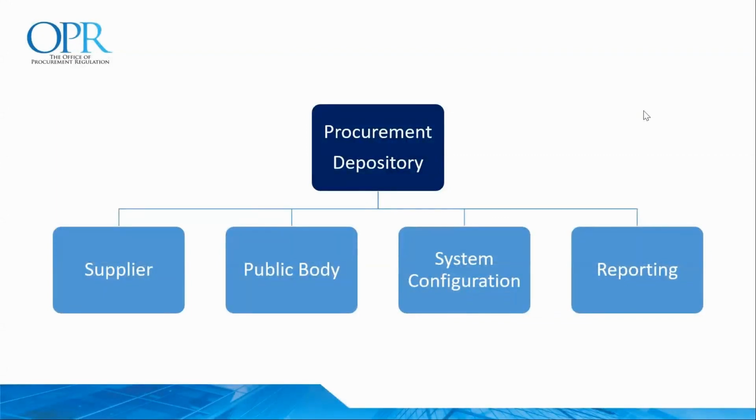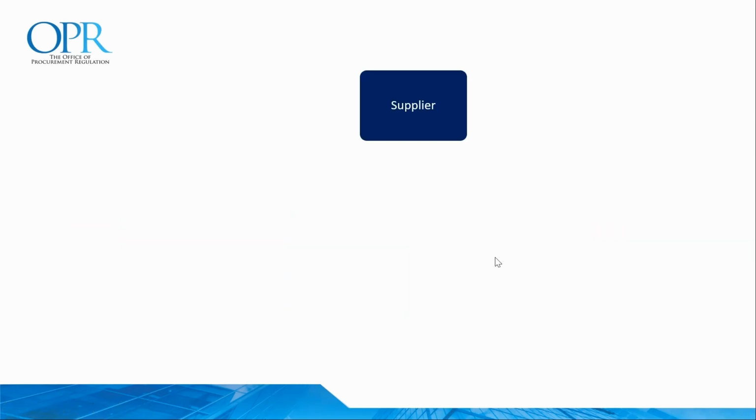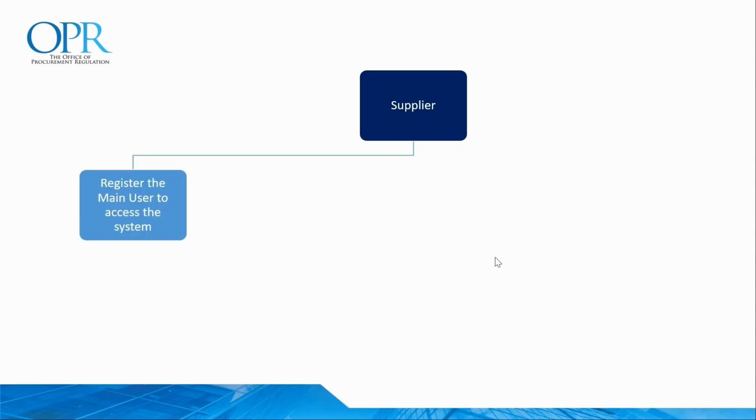Let's take a look now at a high level of what the procurement depository's functionality entails. We have main stakeholders or main functionalities that relate to the supplier, to public bodies, general system configuration, and reporting. In terms of supplier, which is the session we are going through today, the first step for a supplier would be to register that main user who will be using the procurement depository on that system. So again, the main user who will be responsible for creating the information will be the first person to register